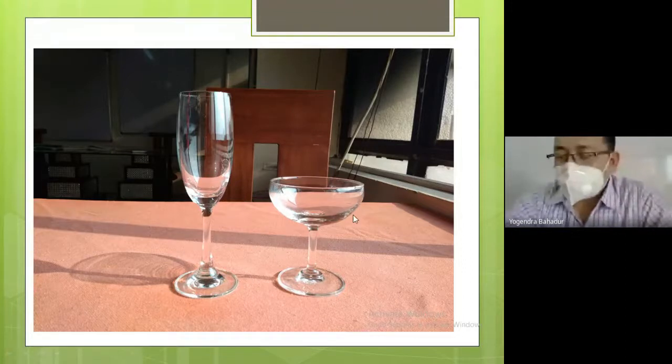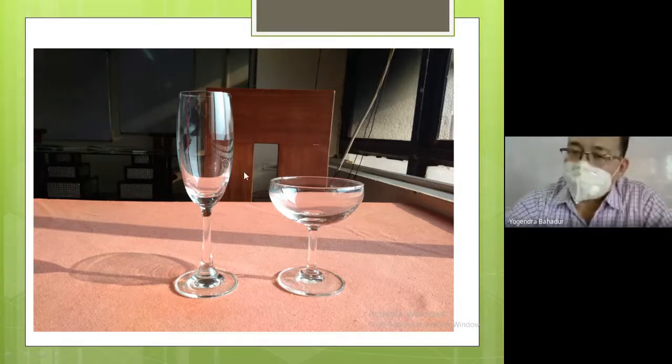Moving to the right hand side, this is again supposed to be used for serving champagne. It is called champagne saucer. Its measure is again 6 fluid ounce. Generally, for any kind of celebration, in that scenario we are going to use the champagne saucer. But in the rest of the cases, we would be using the champagne tulip only.